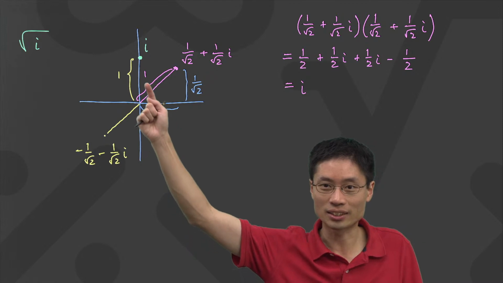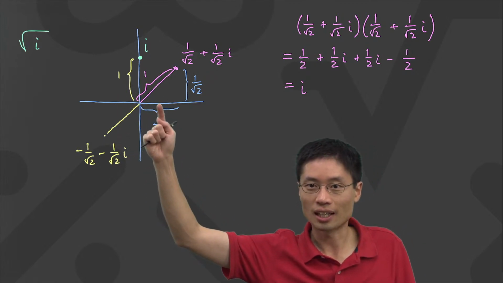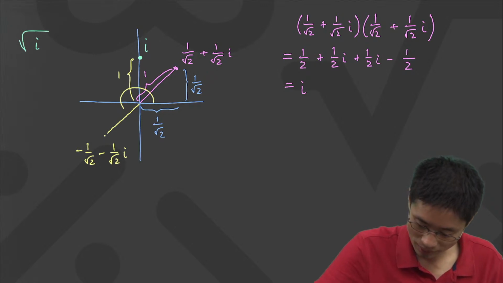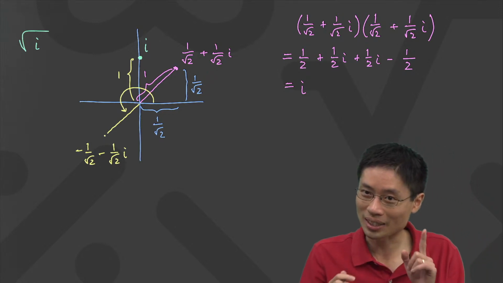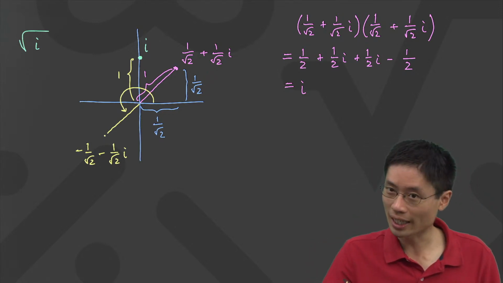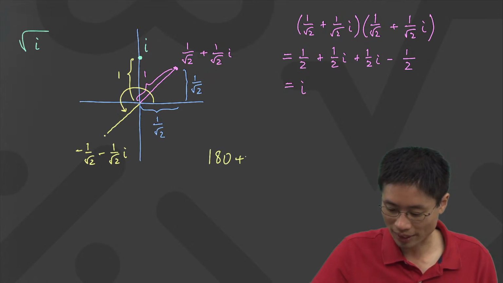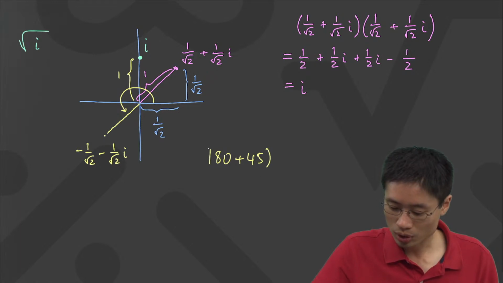Because let's look at the angle here. This angle here is 180 plus another 45. What in the world is that? Well, I don't actually need to work that out. You see, that angle is 180 degrees plus a 45. But if you square that